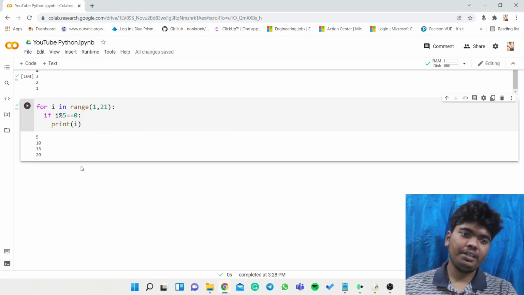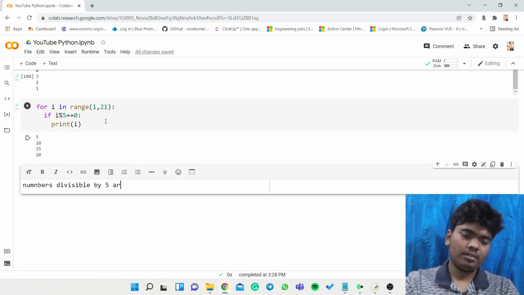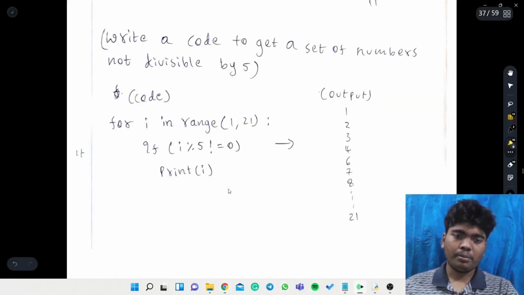So it will print the values which are divisible by 5. So numbers divisible by 5 are printed. So in this way we can work on the remaining codes.